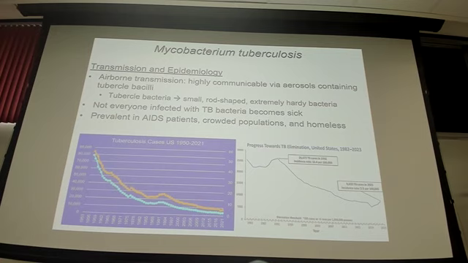Yeah, the AIDS epidemic, exactly. So we had defunded some of our tuberculosis control programs in the 70s because we considered it to be under control. And then the AIDS epidemic happened. So we saw an increase in tuberculosis cases. Fortunately, with our treatments, the antiretroviral treatments for AIDS, we've been able to help control that problem a little bit better.